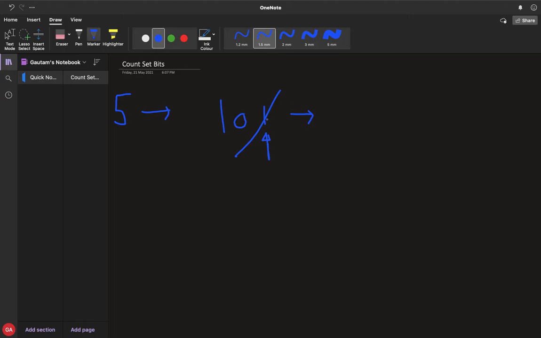So here we could use the right shift operator. What right shift does is it shifts the bits, which means if the number is 101 and it is right shifted by 1, these two bits are shifted by 1 position and the last bit is ignored, and the leading bit is followed by a 0. So if we do 5 right shift 1, we get 010.